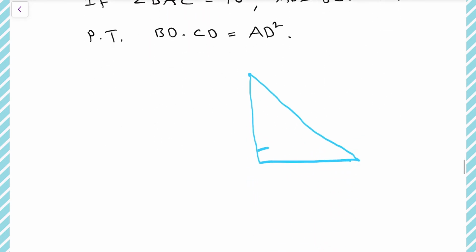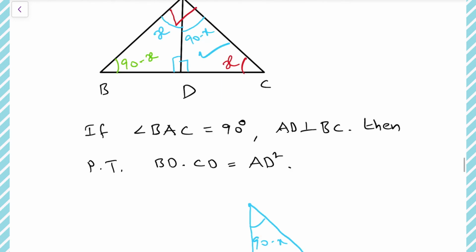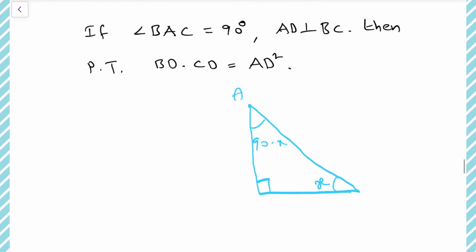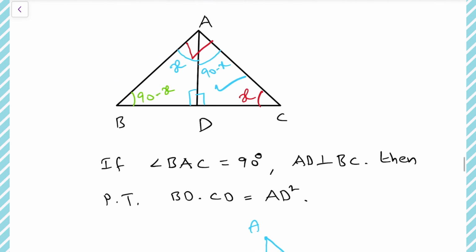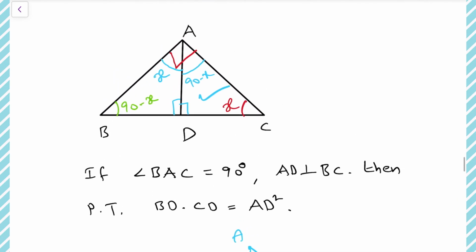Here 90, here x, and this is 90 minus x. What are the alphabets then? A, D, C. This is A, this is D, this is C. Okay, now what I am going to do with this left side part is, this BD is a sleeping line,